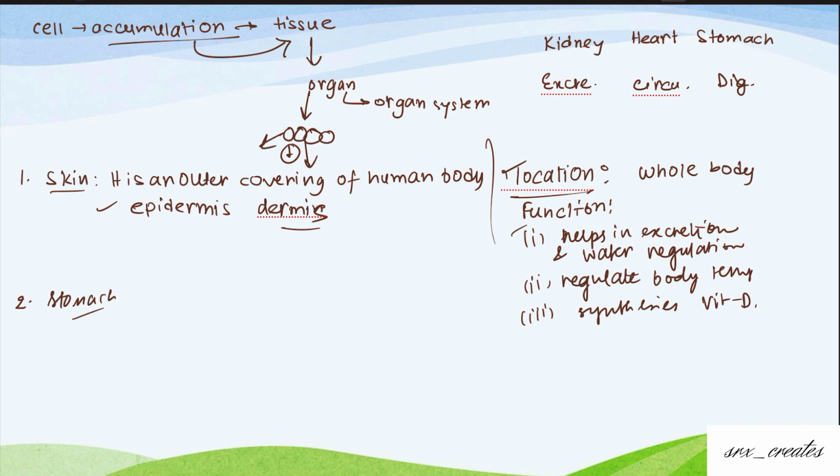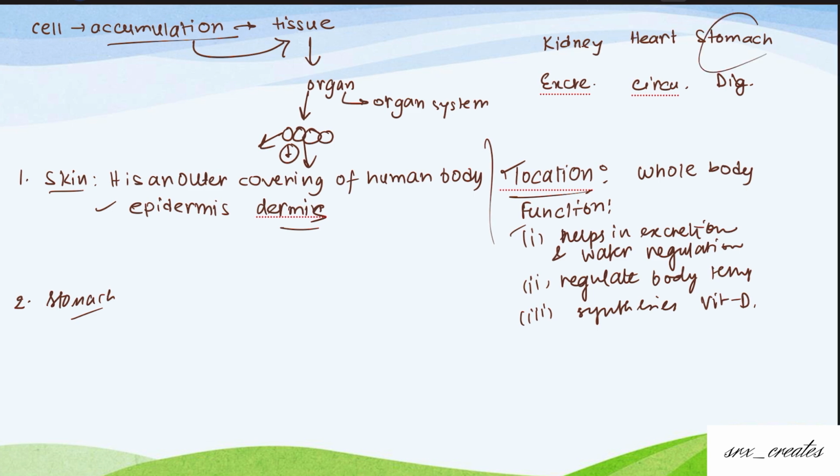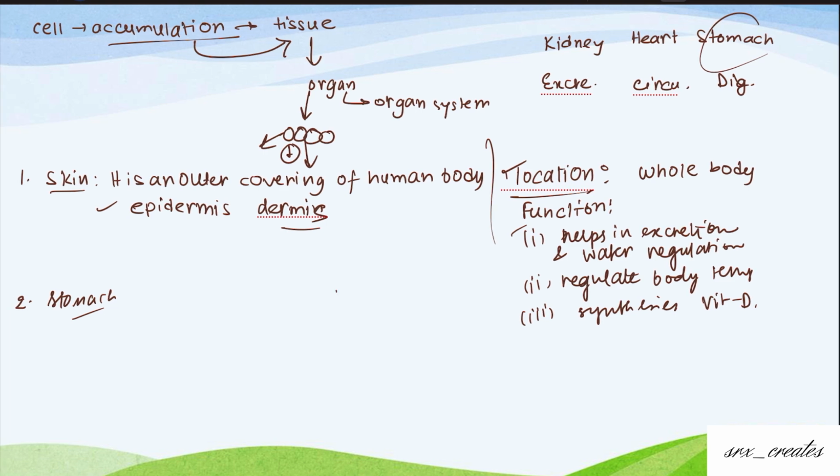Now stomach, everyone knows what a stomach is. The stomach is the digestive organ, as we have learned here. It's a part of the digestive system. Now what does it consist of? If I draw a stomach here, I am not good at drawing, but let's say this is your esophagus or food pipe, and the food pipe leads to this stomach. This stomach also has parts.